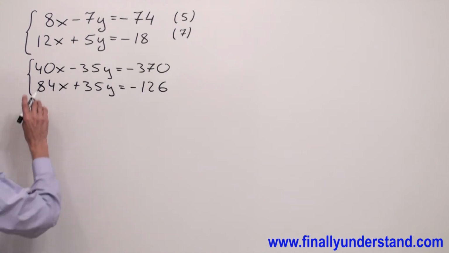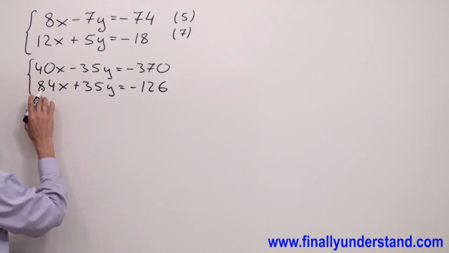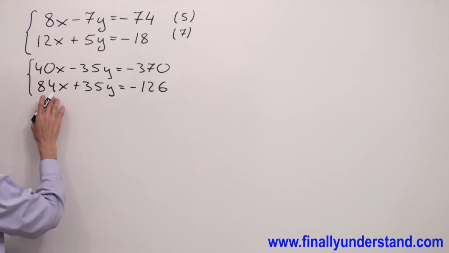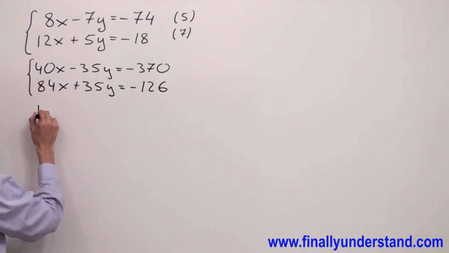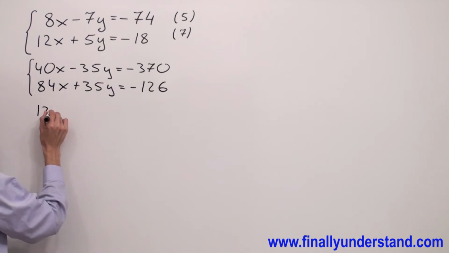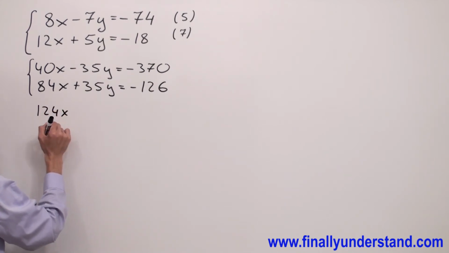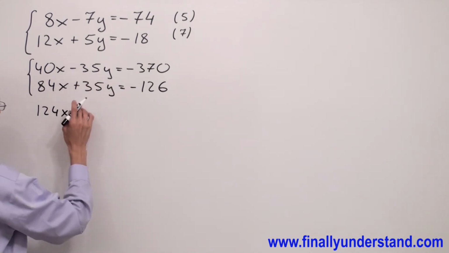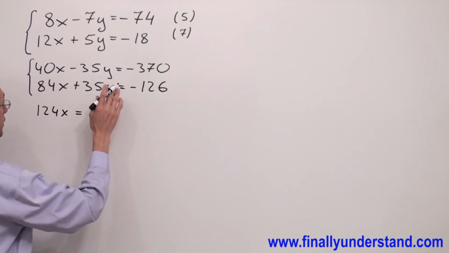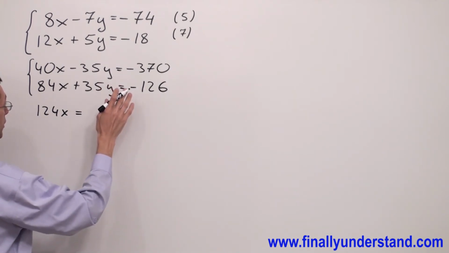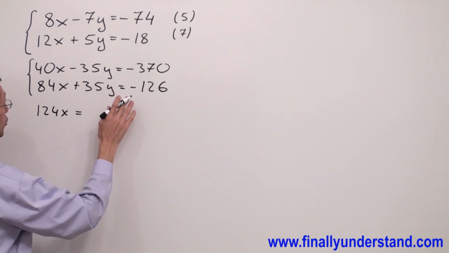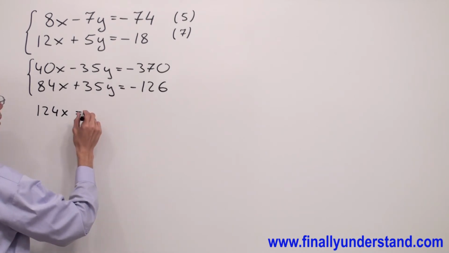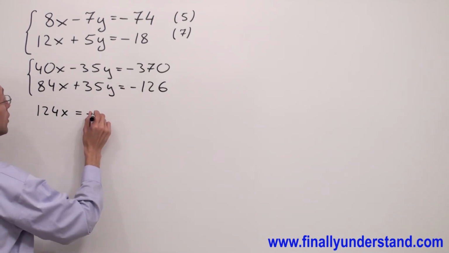So I have 40x plus 84x is equal to 124x. Negative 35 plus 35 is equal to 0, equals negative 370 plus negative 126, which is equal to negative